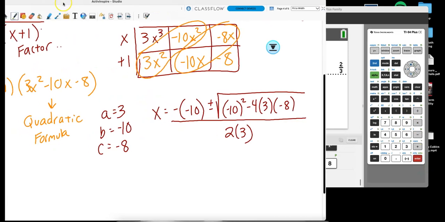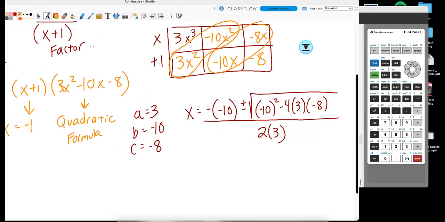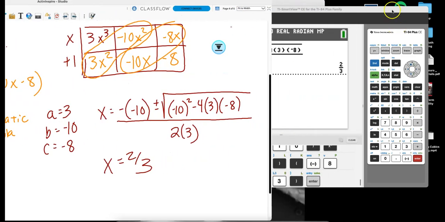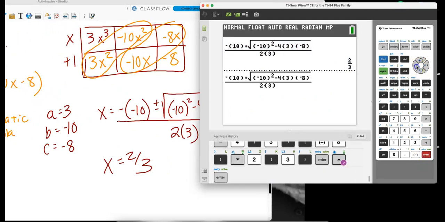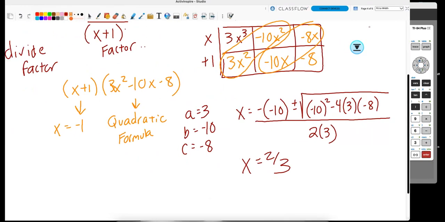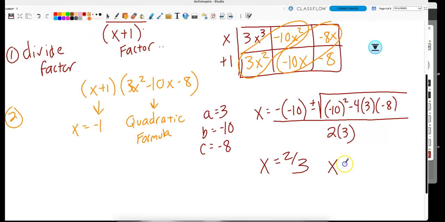Okay, so the quadratic formula immediately gave me the other answer. X is going to cross at 2/3. Now to get your other answer, you just need to go up in the calculator twice, hit enter, copy and paste it, hit the left arrow a million times, and try the minus. And the other answer was -4, which I already knew. So there are my 3 answers